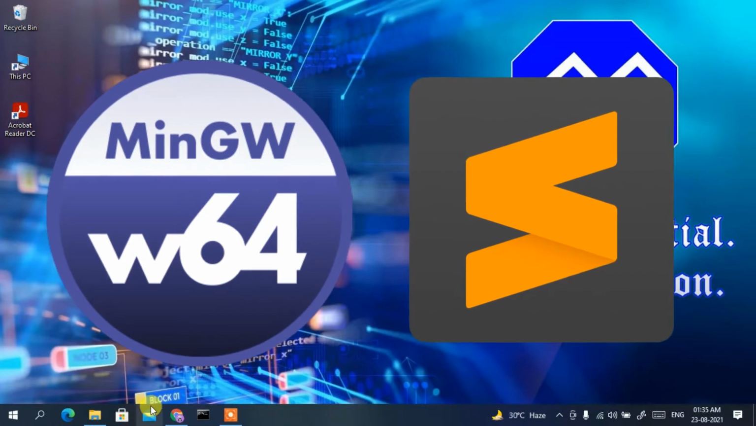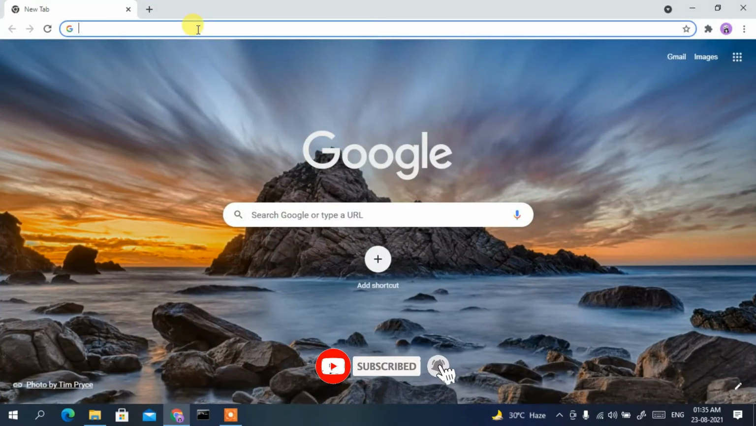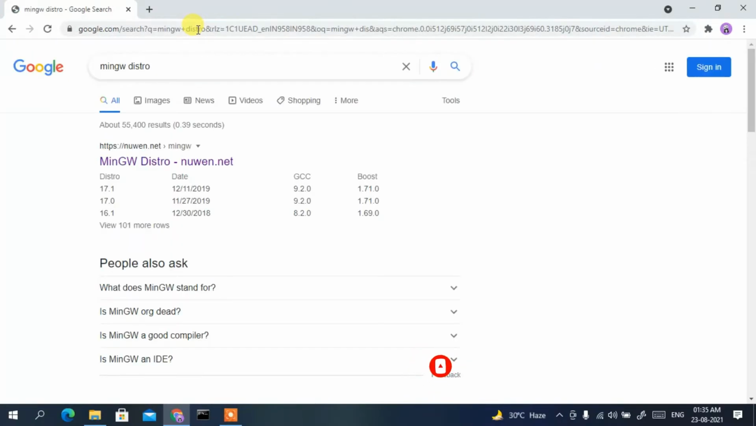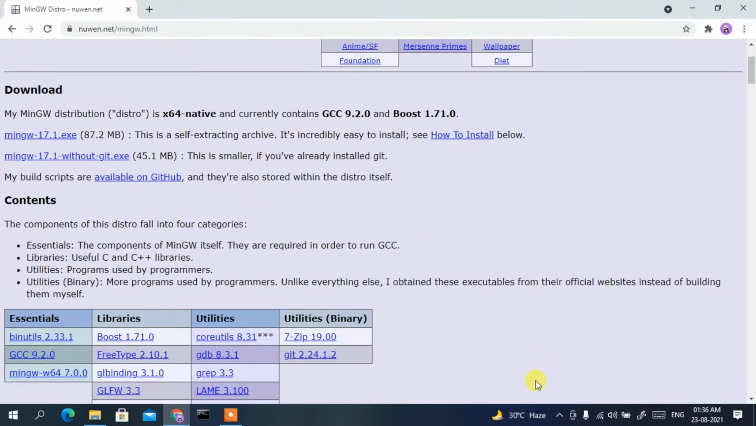So for that you need to just simply go to your favorite browser and in the address bar type MinGW Distro, then enter. And then you'll be seeing this MinGW Distro is basically our first search result. So now just simply click on this MinGW Distro, and this is going to redirect you to the official site of MinGW Distro. In here, if you scroll down a bit, under this download, you'll be getting